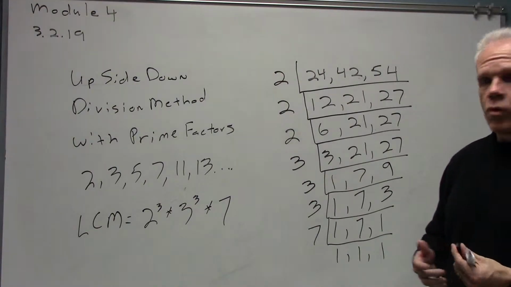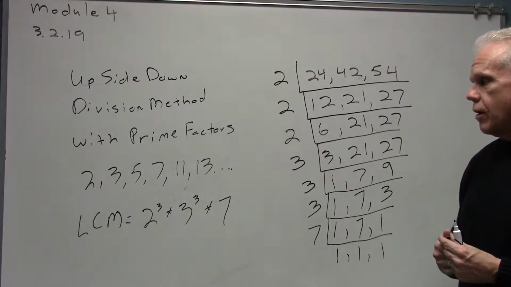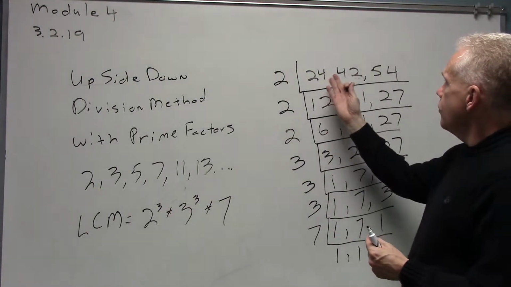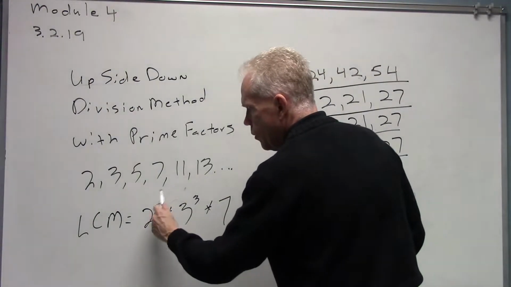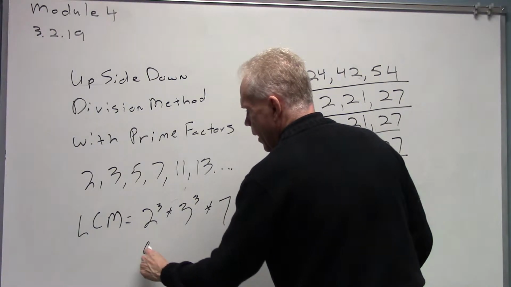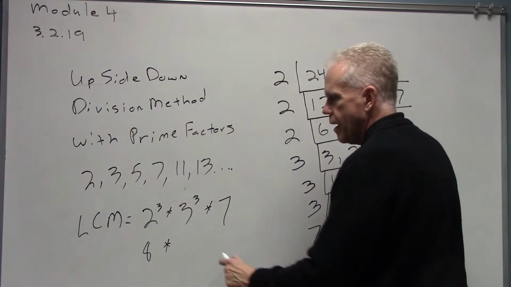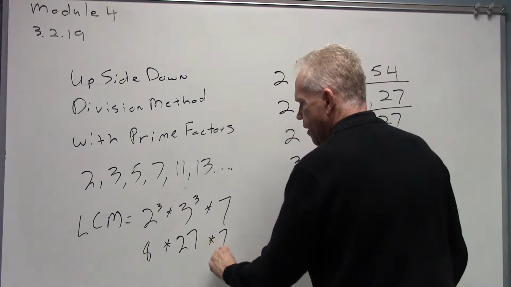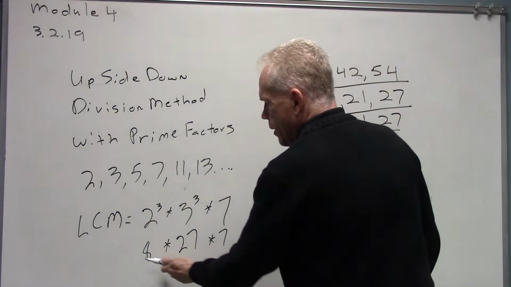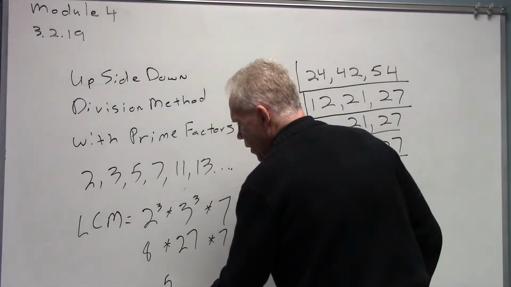So that's what we need to work out in order to get our least common multiple for 24, 42, and 54. 2 to the 3rd power, 2 times 2 times 2 is 8. 3 to the third power, 3 times 3 is 9 times 3 is 27, times 7. Okay, now I'll go ahead and do 8 times 7 is 56